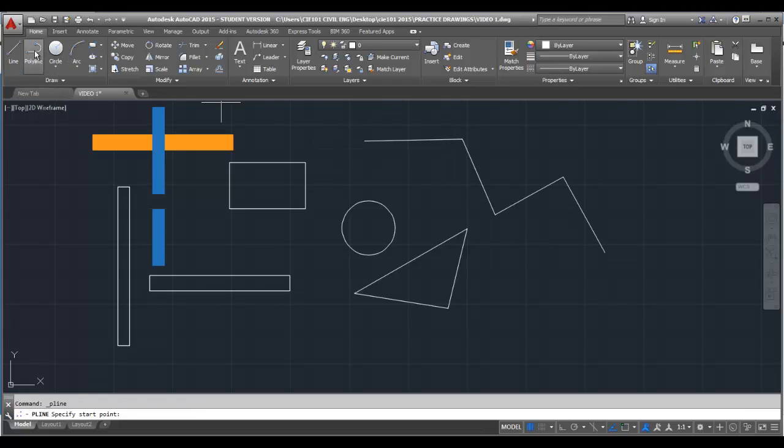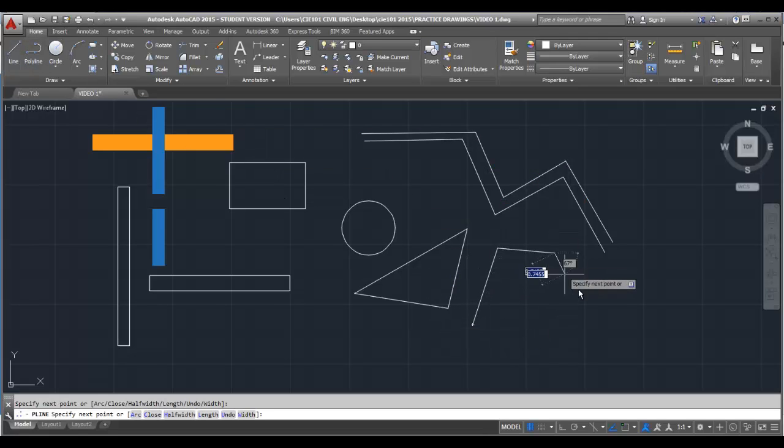If we do the same thing with a polyline, you'll notice that I can draw the same type of line, but now when I select it, everything selects. So it's like a line. Think of it as a line string. The other thing we can do with polylines is we can create a polyline, and if I want to